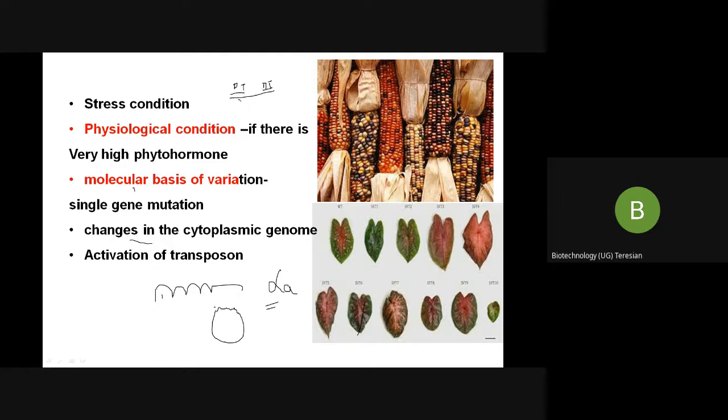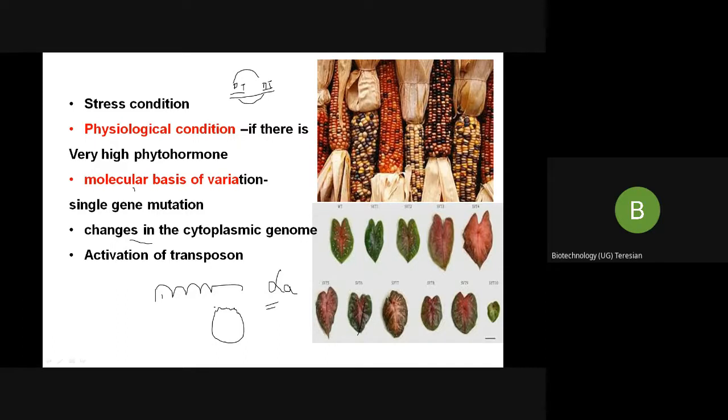Look, from here to here they have come. So when the recombination happens because the genes are jumping, it was here and it has jumped here. So they are called jumping genes. So there may be activation of the transposon elements. This can be a single mutation which might happen. So this can also lead to single mutations.